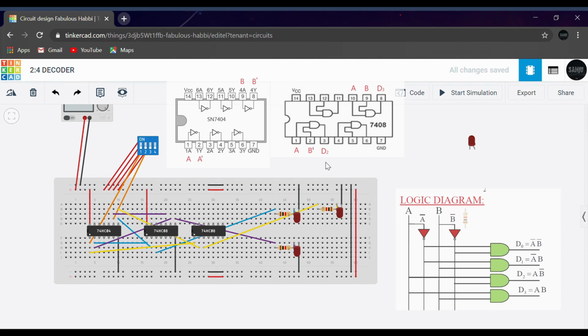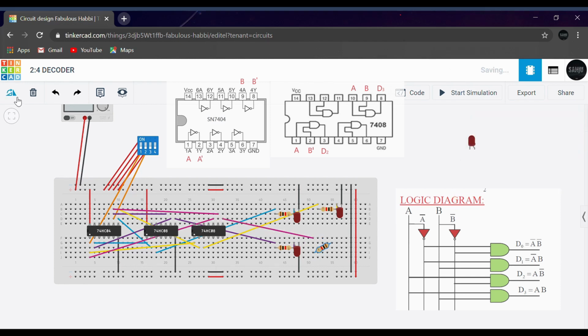Now let us find the output for D3. D3 is given as A into B. So we'll take A terminal from here. I'll give it a color. Take from the B terminal and placing it on the 9th pin of the quad gate. Now let us take the output from the 8th pin in the quad AND gate for the D3 value.